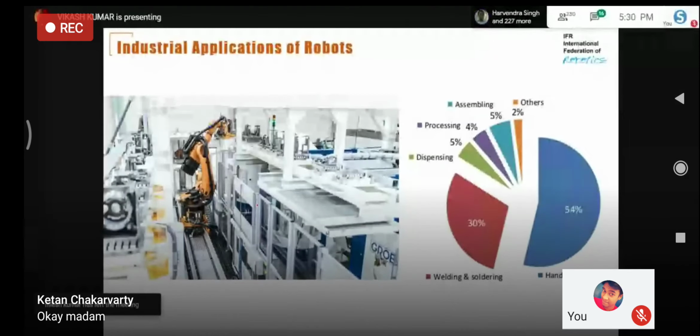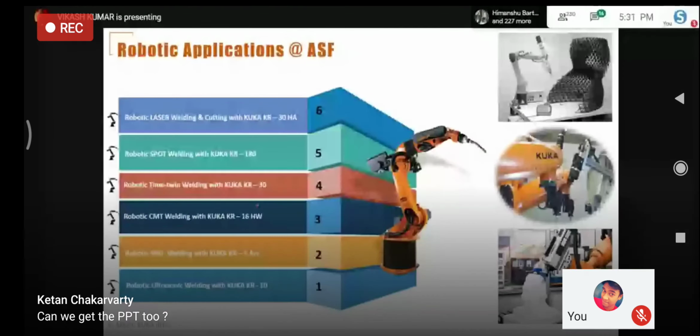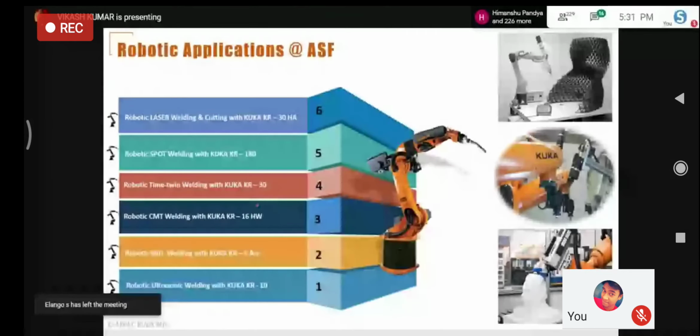Basically I'm presenting this webinar through this AKGC KUKA Center of Excellence. Here we have so many state-of-the-art applications that cover all robotic welding applications, starting from ultrasonic to laser to CMT to tandem twin, spot.